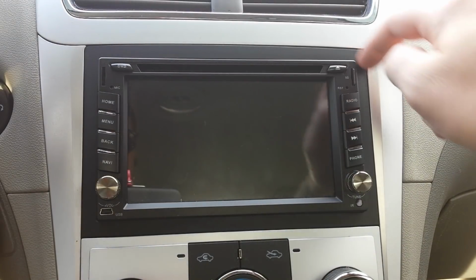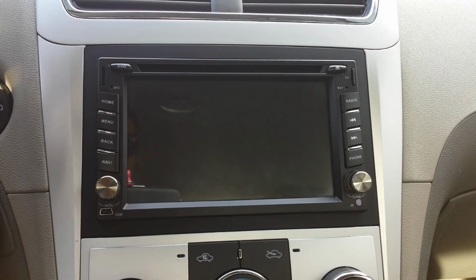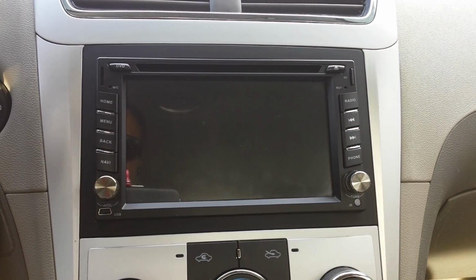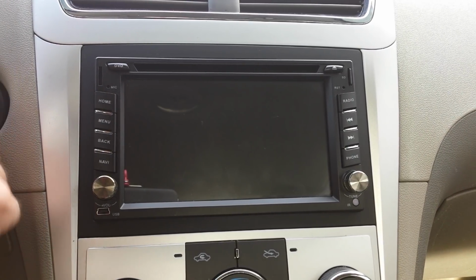This dash kit around here requires modification, probably about a 1/4 inch overall. So you got to file it out. In my case, I cut it out from behind. Turned out looking really good. I'm really happy with it. But as we boot this up, just a couple things I wanted to